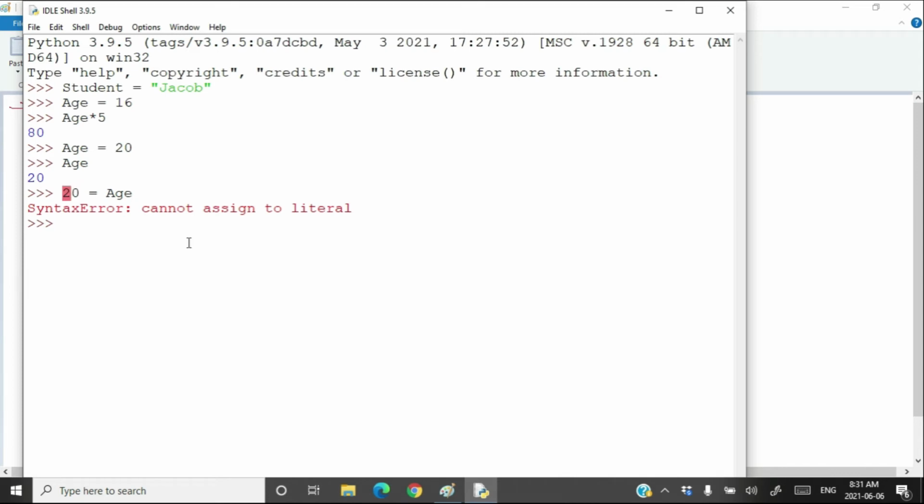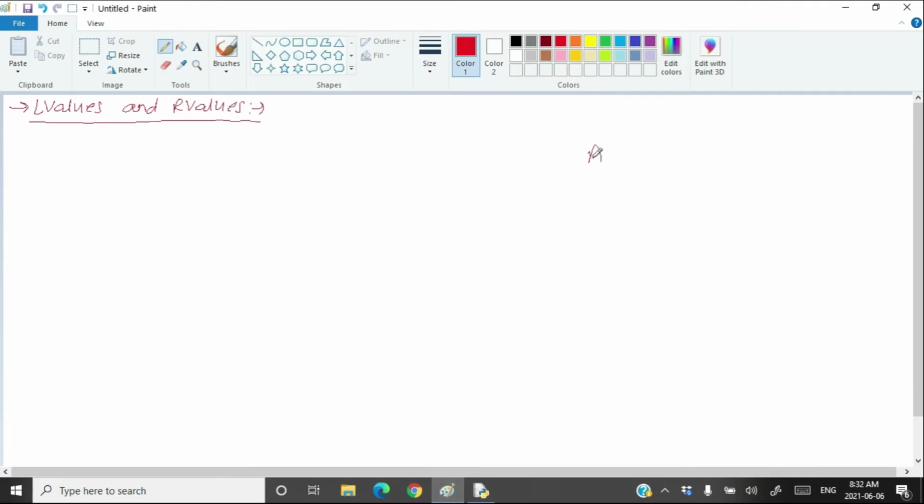But you can write like this: marks is equal to age. You can do it. The value of marks is the same as the value of age. What happens in this case is age was 20, age is equal to 20, so age was pointing to 20. Then you have assigned marks is equal to age. So you have created another variable whose name is marks, and that variable is also pointing to 20, because both are pointing to the same.